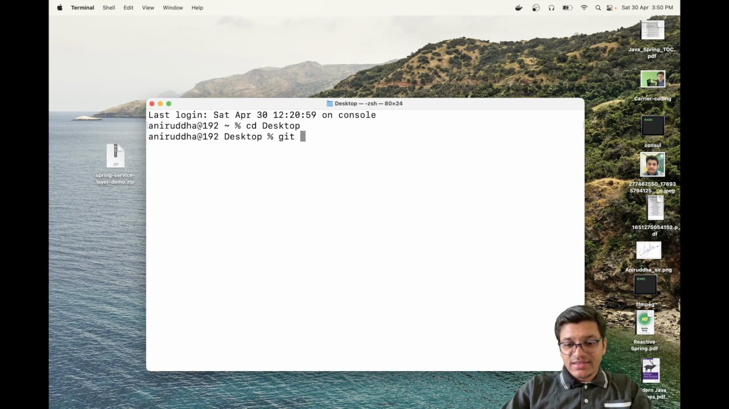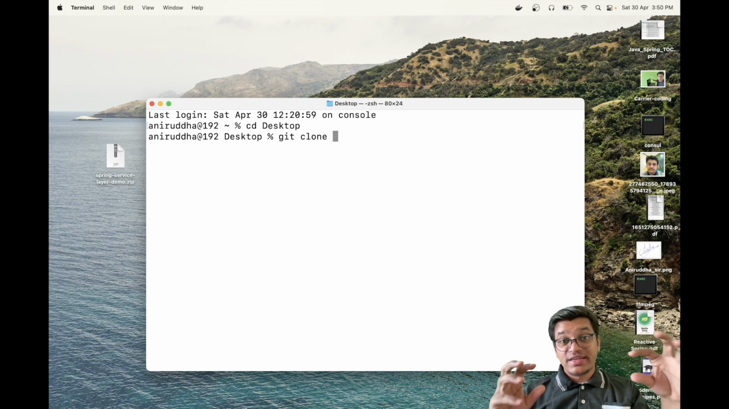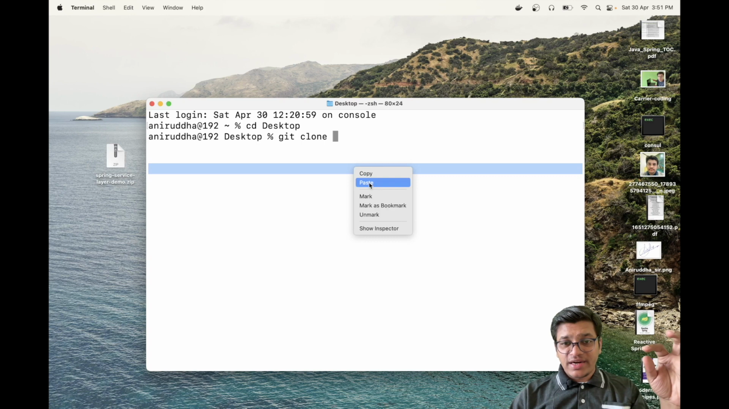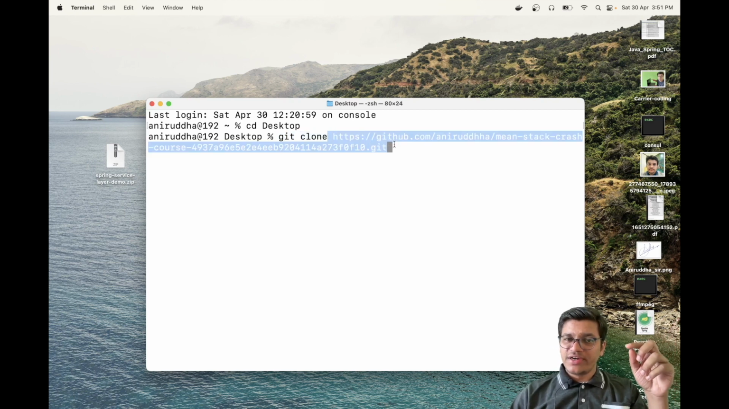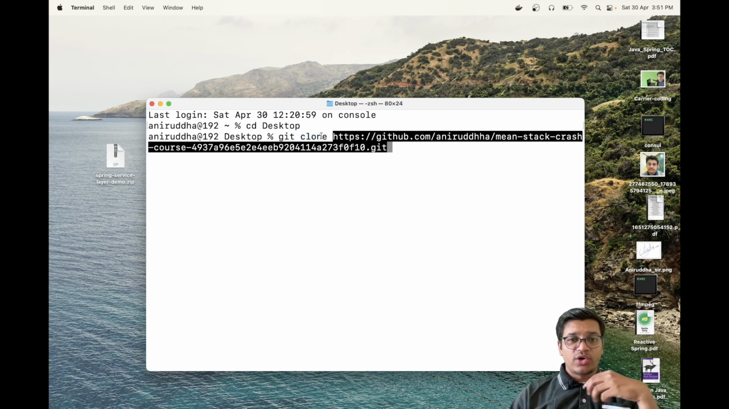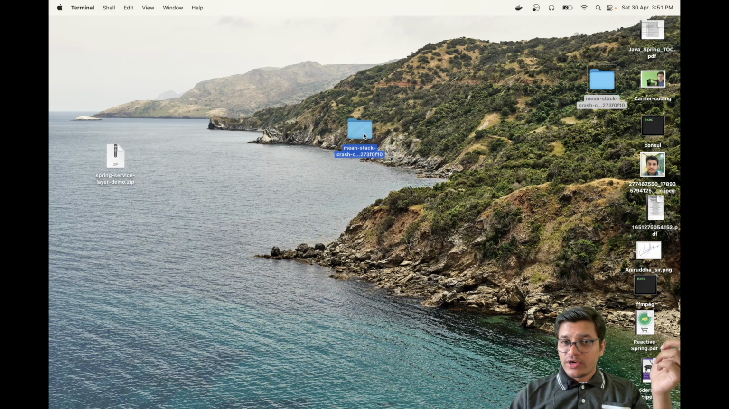So the command is git clone. You need to work with the command git clone and just paste that particular URL. Can you see this URL we have copied from there? Git clone means whatever folder is over here, kindly clone it or copy it. Hit enter, and here you will see one folder. Can you see this folder? meanstack crash course